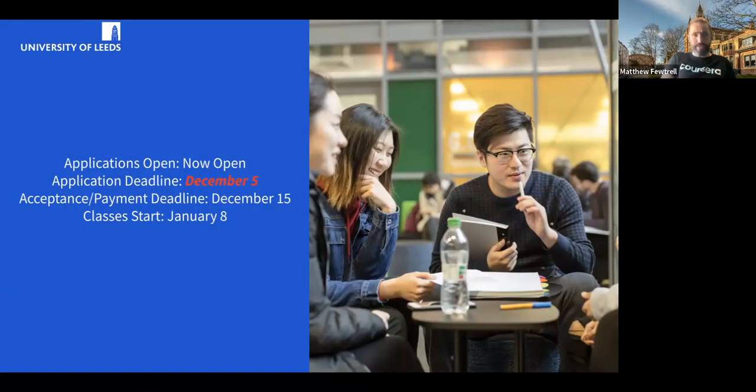Now we'll go through some key dates. The applications are currently open, and they will be open until December the 5th. This will be a hard deadline, so please do make sure that those applications are in. There is a higher chance that applications come in a flurry towards December. So if you want to start the course, I would recommend getting applications in as soon as possible, as normally application deadlines mean that offers go out slower.